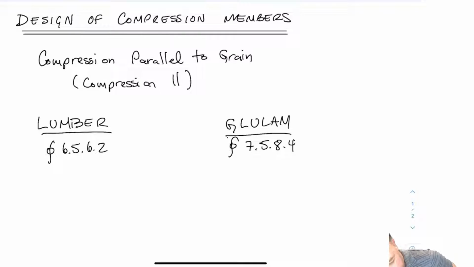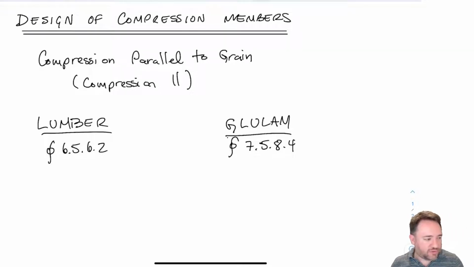columns, etc. And of course, the things that we have to worry about when we're designing compression parallel to grain, one is crushing. So if I take this piece and press it hard enough, eventually it's going to lose strength and crush. And the other piece, of course, that we need to consider is buckling, because when I have more slender pieces of wood, then I press on them, eventually they are going to buckle. I'm trying not to break this in my face. Okay, like if I had this ruler. Ooh, a green ruler was a really bad choice. Okay, so